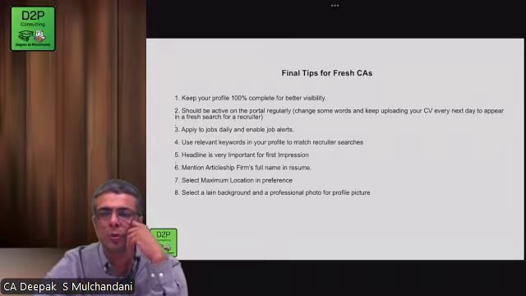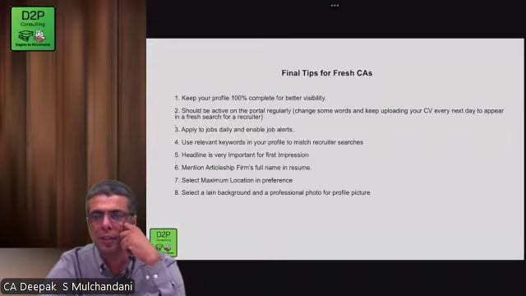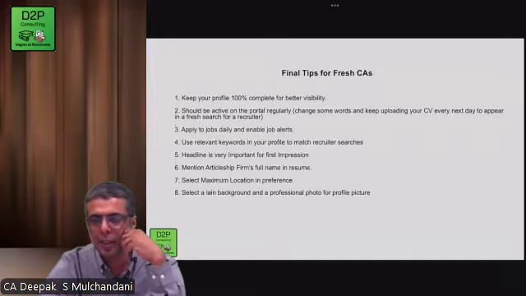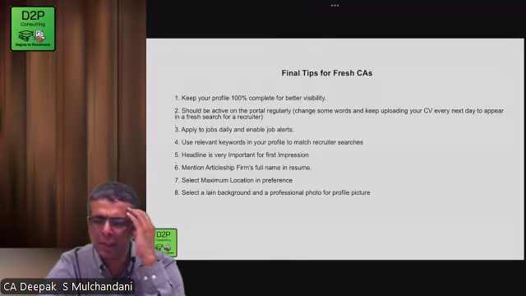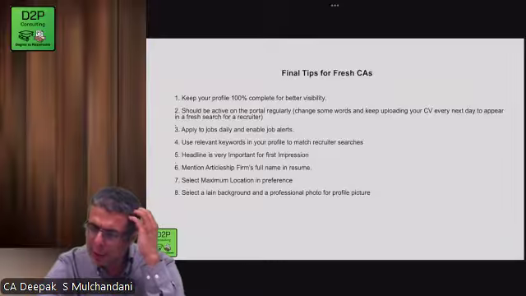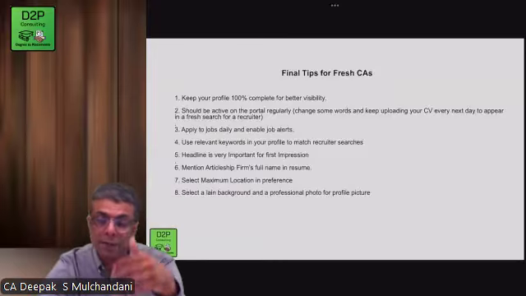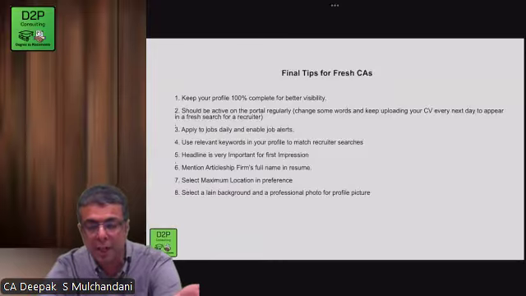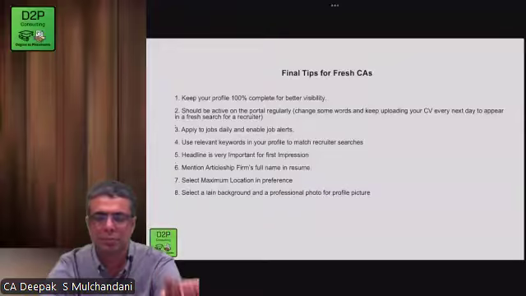Yes, recruiters do call the firm's principal to check whether someone has worked there or how they perform. It's called a background check, and a reference check is also done, which is necessary. If you are writing great words about your articleship experience and you are a dummy article, they can ask. It's not necessary to give the number of your principal, but they can ask. And if you've stated that references will be made available on request, they may call.